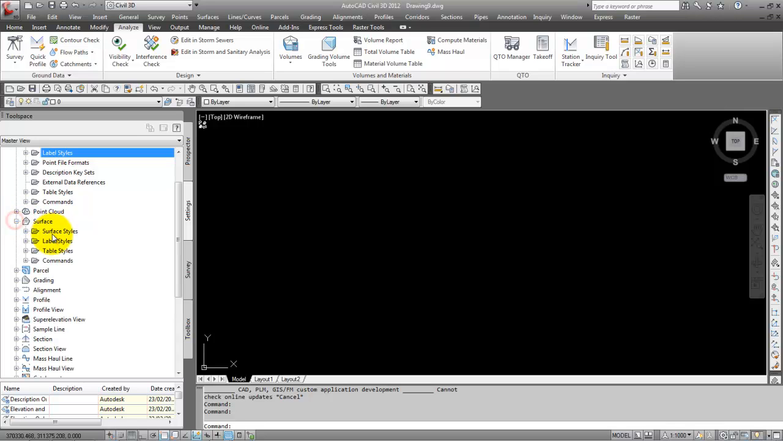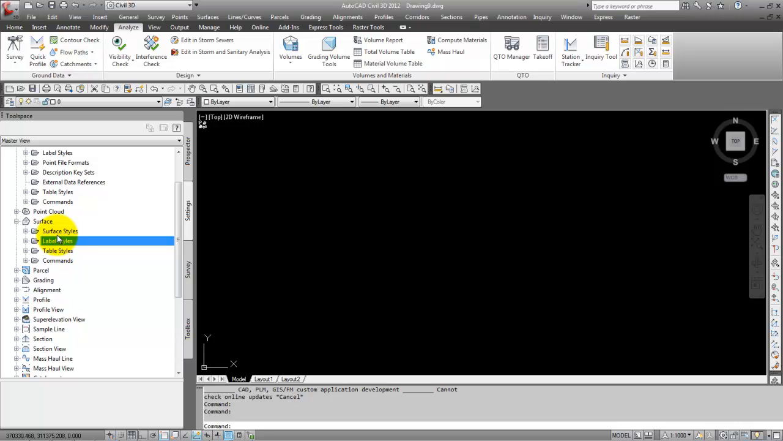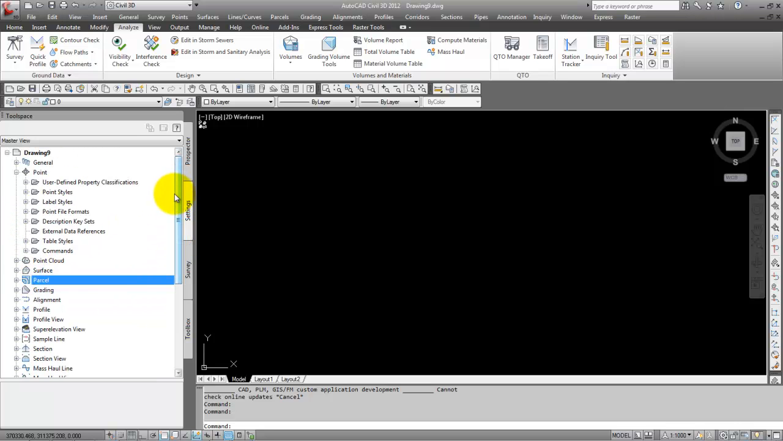So for instance, under surface, I have the surface styles, and then I have the label styles. All right, and the same thing goes for parcel styles, label styles. Any of those objects are all the same. Styles all work the same for any object. All right, now